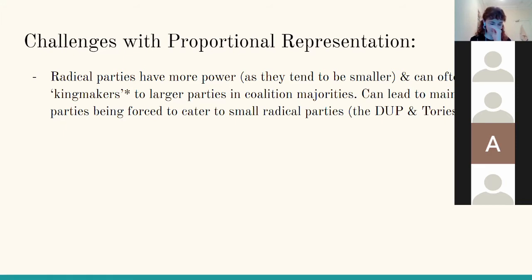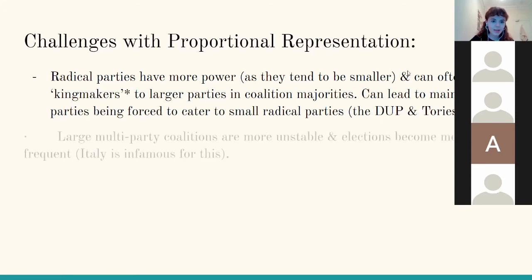more radical parties. A good example of this is when the DUP and the Tories were in coalition. The Tories were trying to get their Brexit deal passed, so they had to get approval from MPs in the DUP, who had a lot of outrageous demands because, again, they're a very radical sectarian party, that they wanted met before they were willing to cooperate at all. And they had absolute power because they were the tipping point, or the straw on the camel's back that would allow the Tories to have a majority.